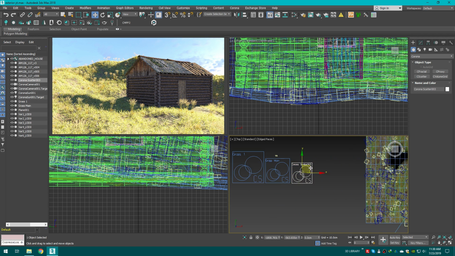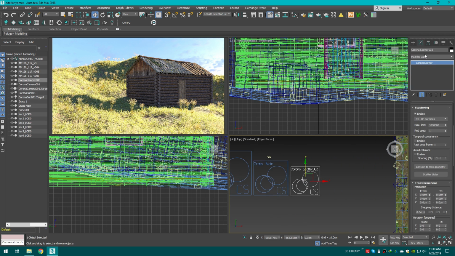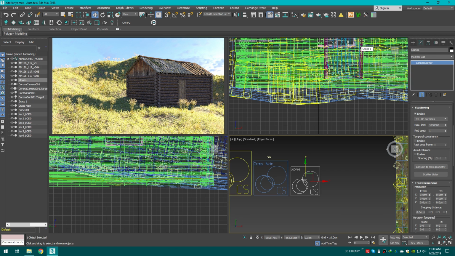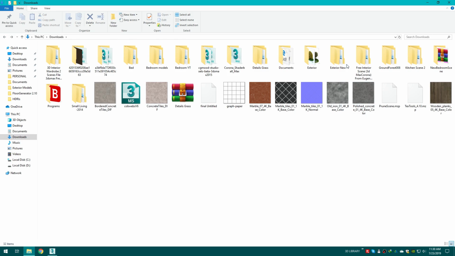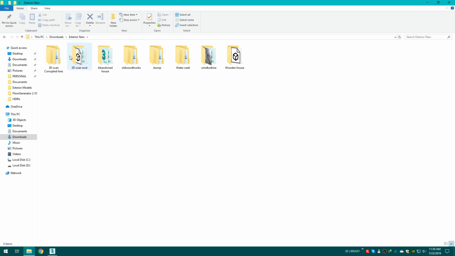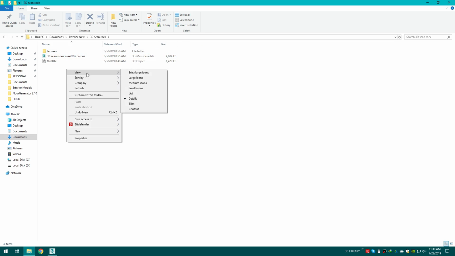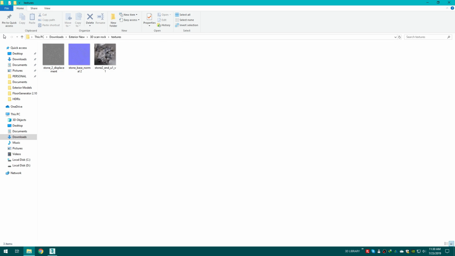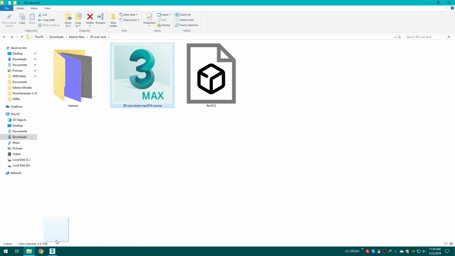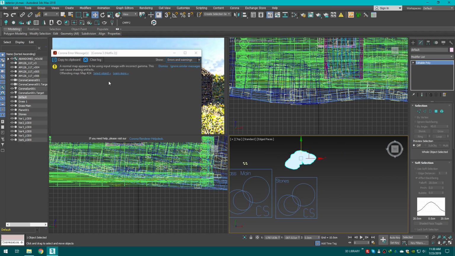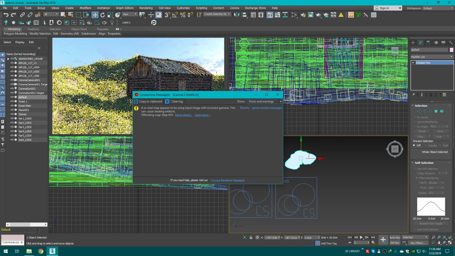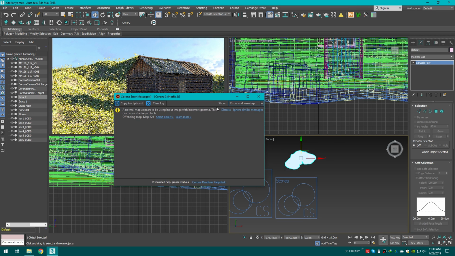So we have our Corona Scatter 3. We're going to name it Stones. And back to our folder here. I have 3D scanned rocks downloaded also from 3dsky.org. Okay, so we're going to merge the file. And we have an error, and you will be getting this error too if you're going to use the same